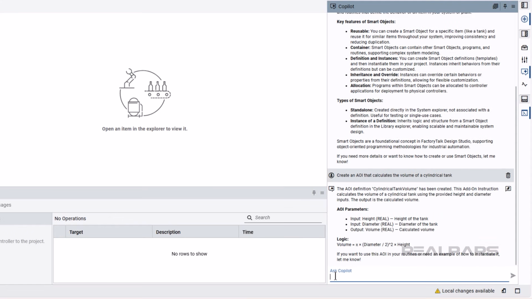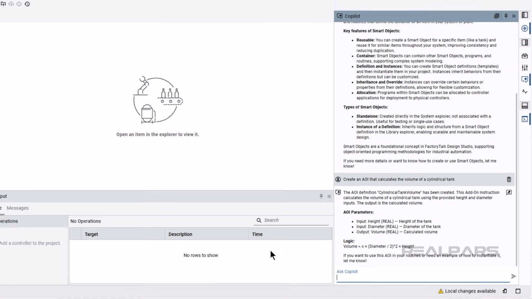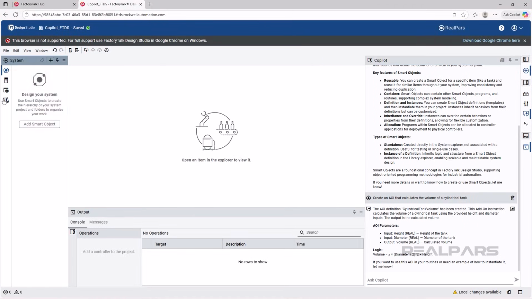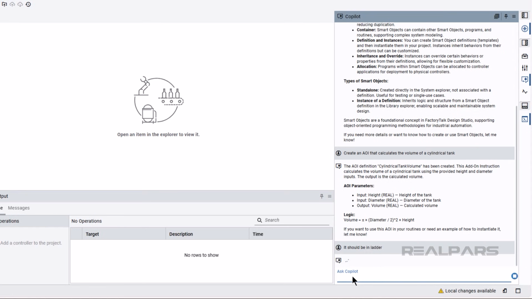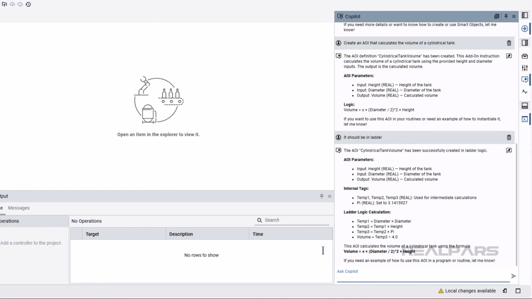As you can see from the description, it has added the required input and output parameters and used the correct formula for calculating the volume. If I'm not perfectly happy with what Copilot has created, I can ask it to revise the code for me. Here, I'm specifying that the AOI should be created using the ladder diagram programming language, and Copilot converts the AOI